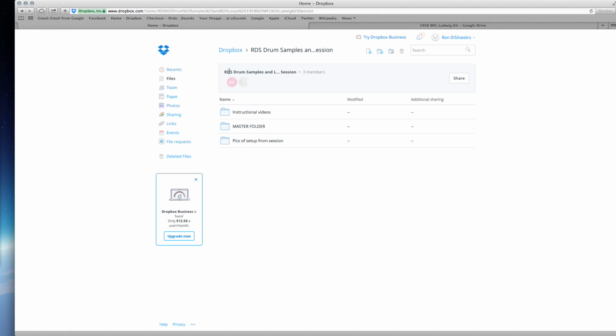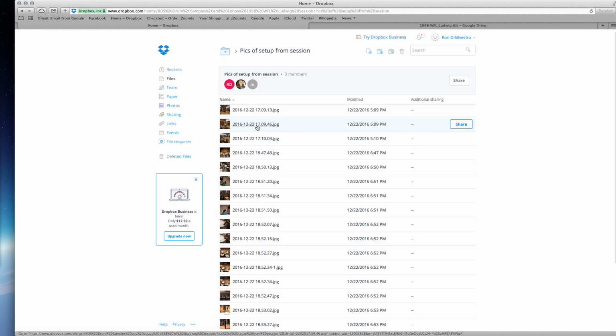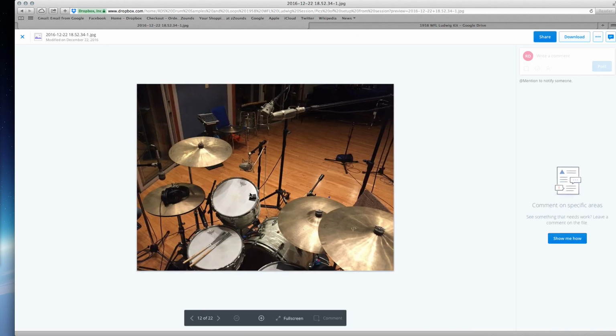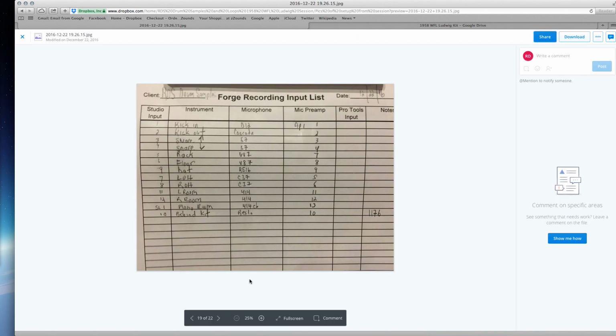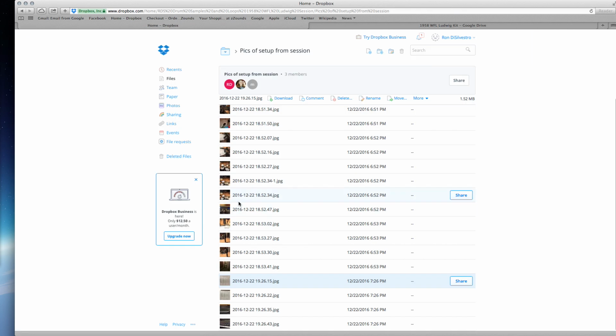So the main folder will look like this, and you'll see pictures from the session, which is cool to look at, like the drums themselves, the miking techniques that I use, the microphones I used. That can also be seen on the input list down here, showing the signal path of what I did. And I'll probably put more information up about this later on. So going back to the main folder,